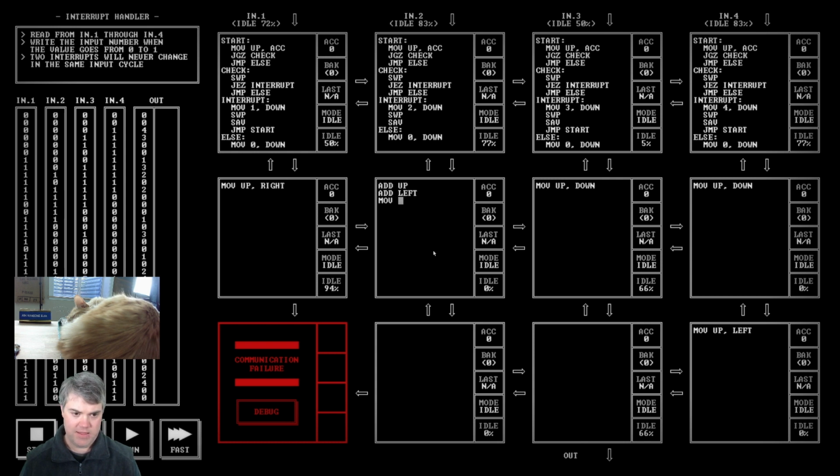move ACC, sure, down. And then I want to move 0 to ACC. So just reset that. And then we're just going to move up right. We're going to move up to down there like that. We're going to move up to down, move up left. And so I want to add left, add up, add right,